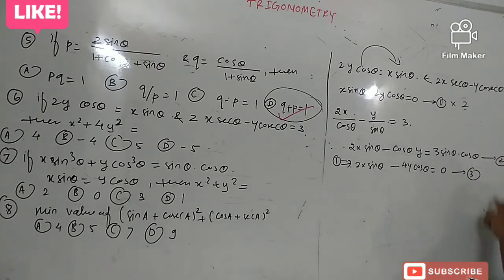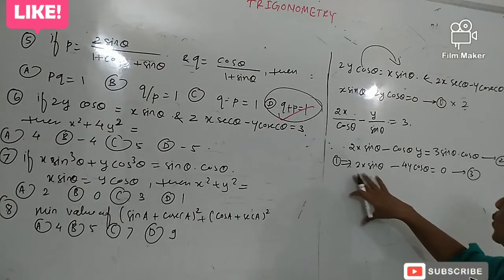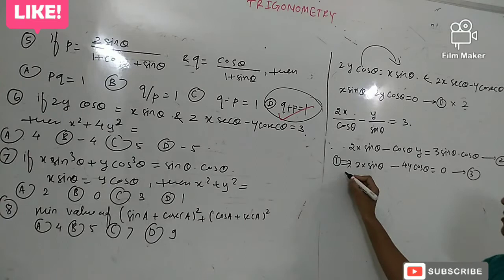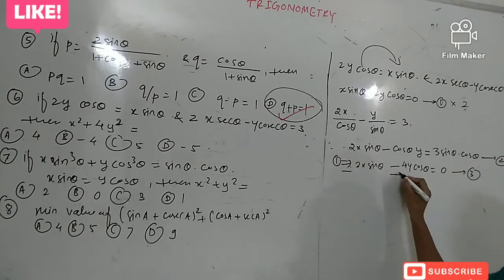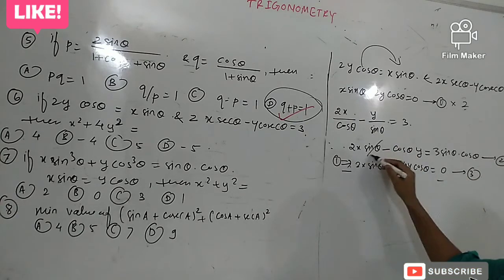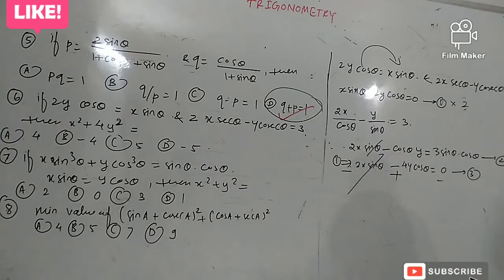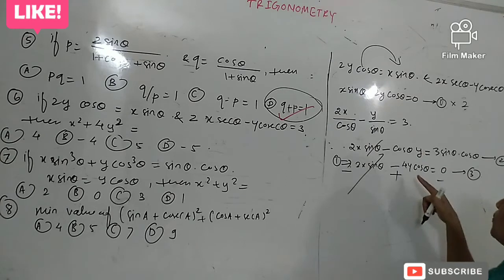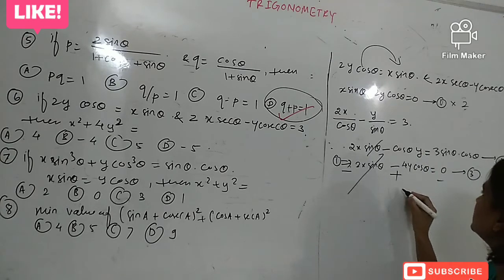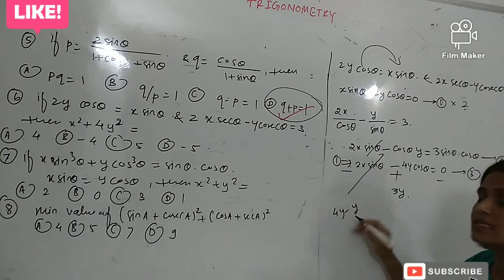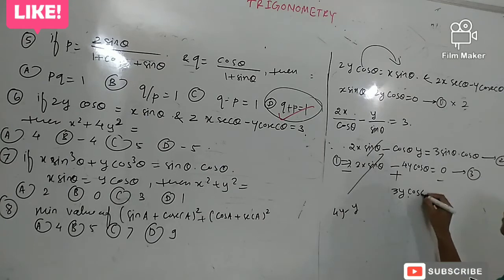Okay. Now solving equations 2 and 3 simultaneously. I am cancelling 2x sine theta and 2x sine theta, but here both signs are positive, so I have to subtract. So just subtract: this gets minus, this negative gets positive. Okay. So this and this get cancelled, positive and negative terms get cancelled. Then plus 4y and minus y, which is plus 3y, with cos theta.